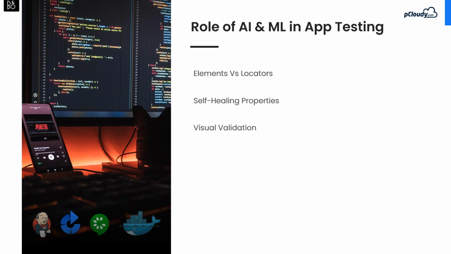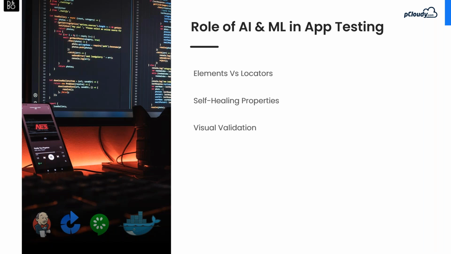And when we talk about visual validation, what is visual validation? Visual testing is the process of evaluating the visual interface of an application against the result expected by design, in order to detect inconsistencies in appearance, maybe visual bugs before they get into production.